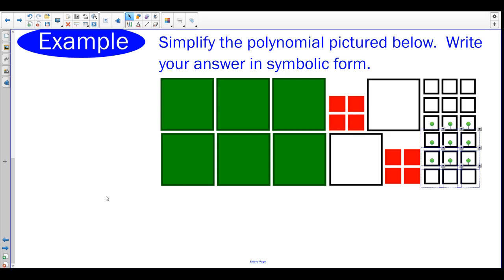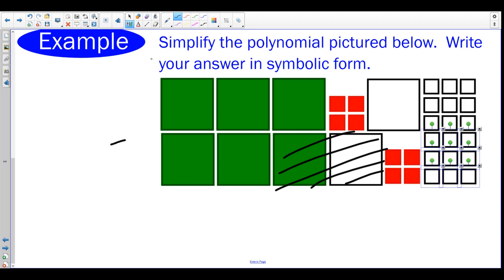Then, after you do that, it's all about finding those zero pairs. So, let's look for those zero pairs. I have a negative and a positive big square, so these two cross each other out. Bye-bye, gonzo, history, see you later. And as far as the little squares go, there's actually going to be a number of zero pairs. As a matter of fact, we could